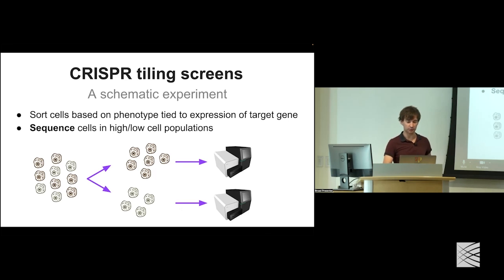So this is where this family of tiling screens differs from many of the other tiling screens that have appeared in the literature, in the sense that we're actually going to sequence these cells. And so we're going to see the specific alleles, right? We're going to actually see the edits. We're not going to just assume that a given single guide RNA produced a specific set of edits. We're actually going to look at what the edits are by sequencing each of these genomic